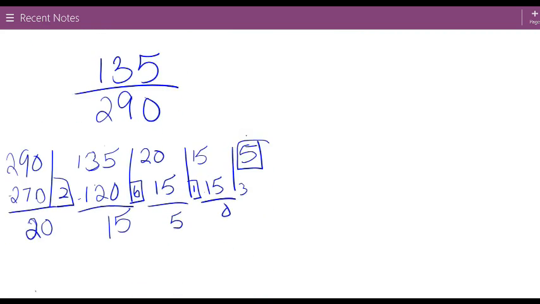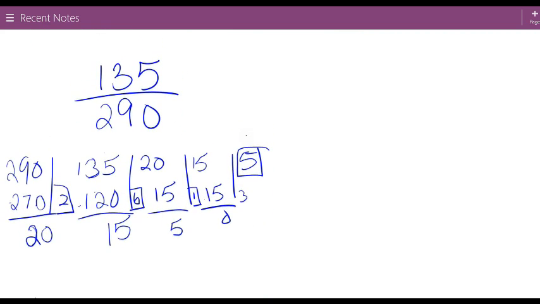Alright, so another problem, we have 135 over 290. You can see I've already done all of the division here. We divide 290 by 135, 270, subtract, and that gives us a 20. So now we bring that over here and divide. 6, 120, we subtract and get 15. Over here and divide. 1